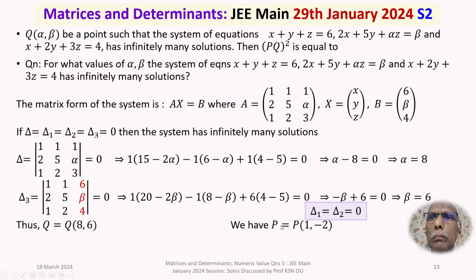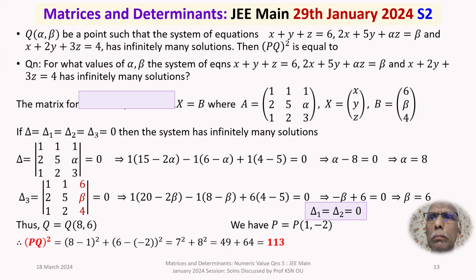We already have seen in the first slide the coordinates of P as 1, minus 2, and PQ square. Now, the distance formula: PQ square is x2 minus x1 square plus y2 minus y1 square, and simplify, you will get 113. So the answer to this question is 113, and I am sure that you have understood the solution of this problem. And we move to